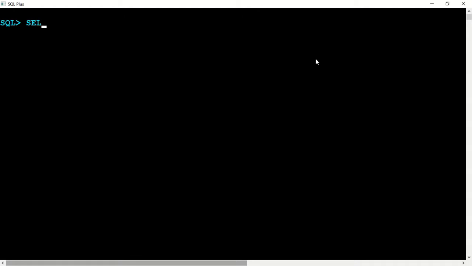So far we learned select sum of salary, comma, average of salary, AVG of salary, comma, max of salary, maximum of salary, then minimum of the salary, and we say count here, count star.